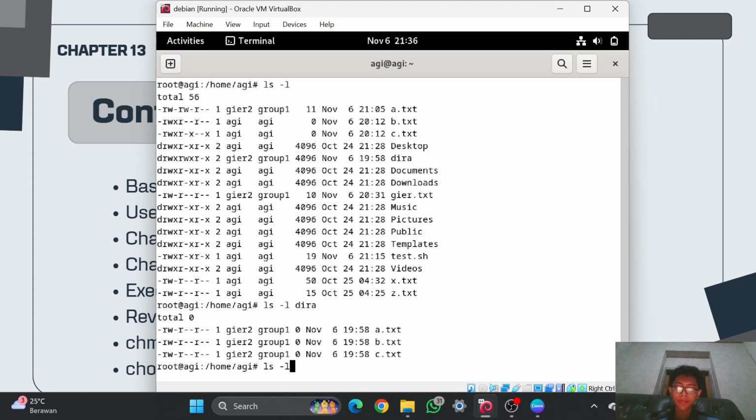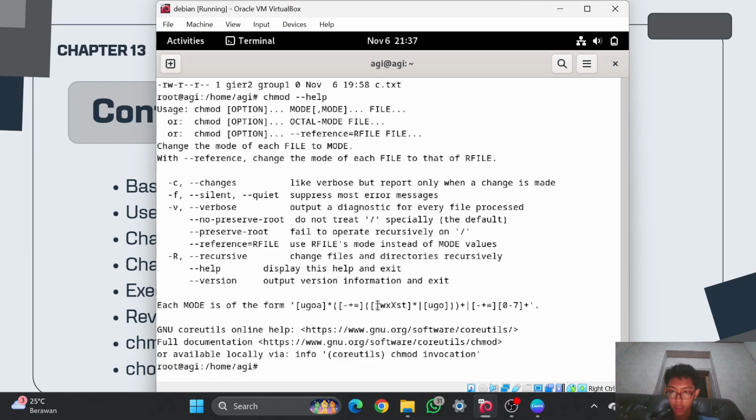So to make sure that when you add this syntax on the group, it will have full access for dir.a and also the files inside of dir.a, you can use -R. I will use --help first. As you can see, -R is recursive, change files and directories recursively.